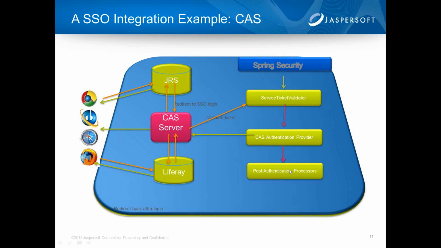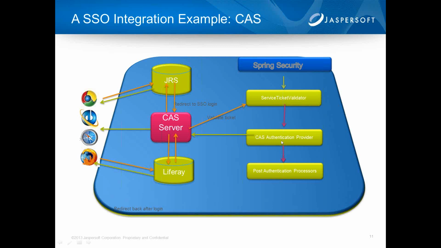It's actually Ernesto who put together on the community site a detailed step-by-step guide on how to configure those filter chains plus all the beans. Basically, the CAS server requires a service validation from Jasper server, and the Jasper server filter chain processes this validation